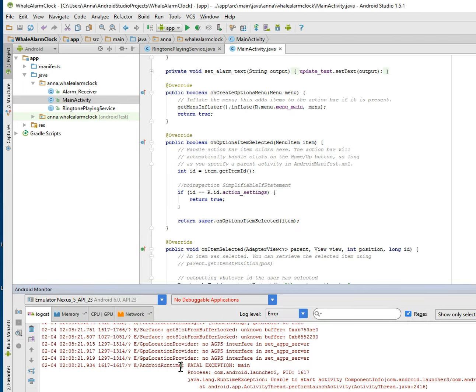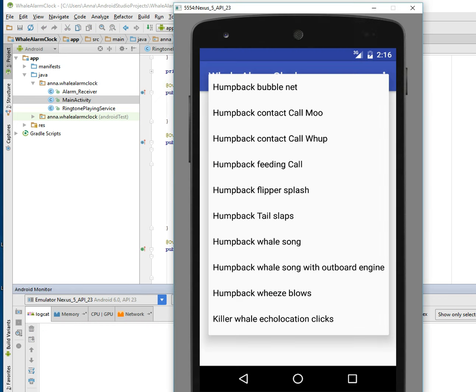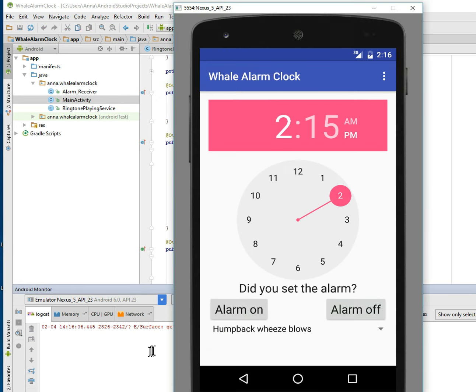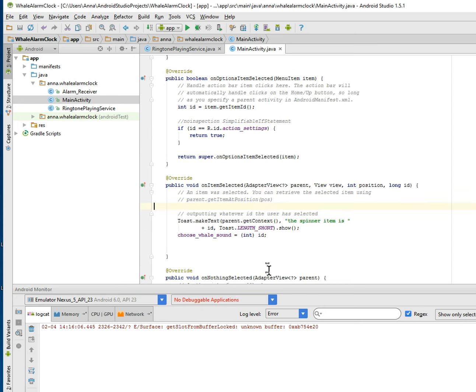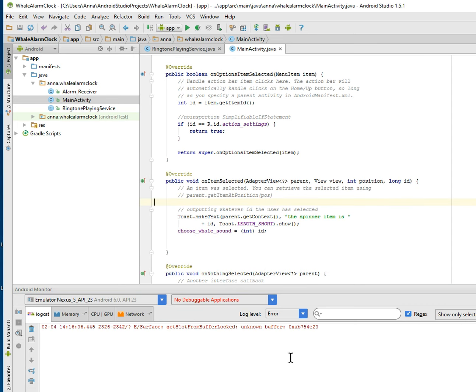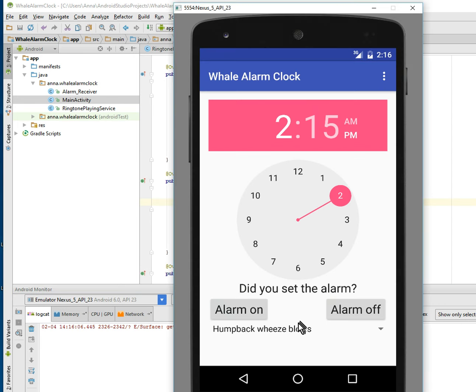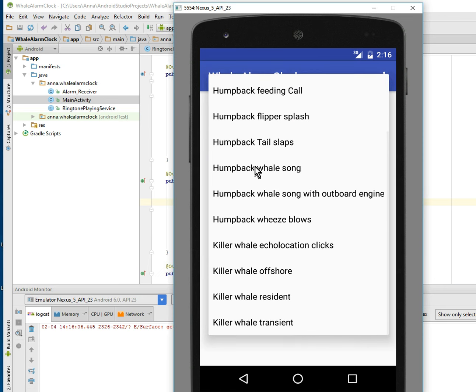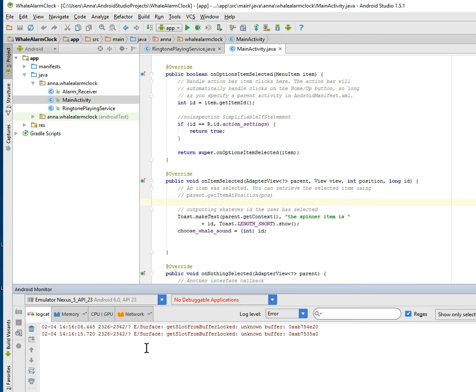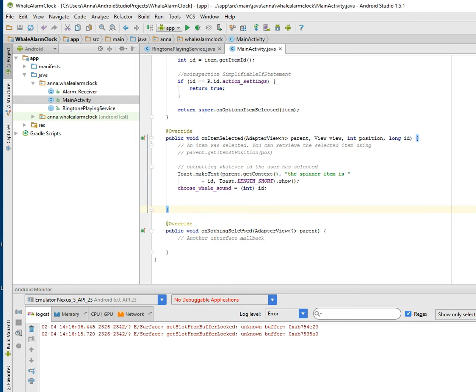So first let's clear this so we can actually read what's going on. So, looks like we are not able to actually read the spinner because normally if the spinner is working, then